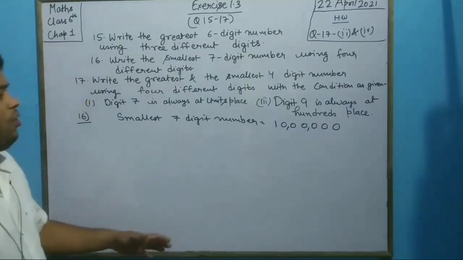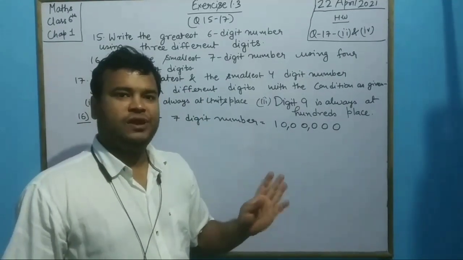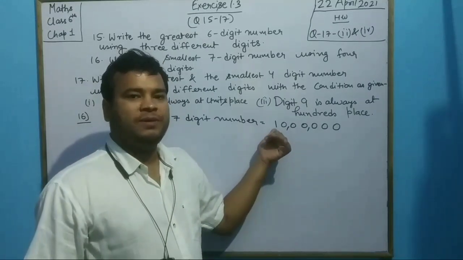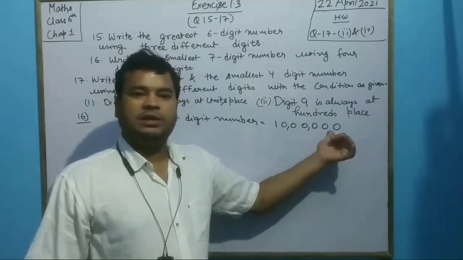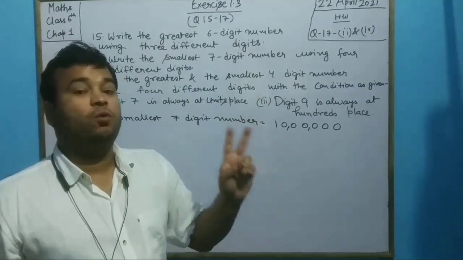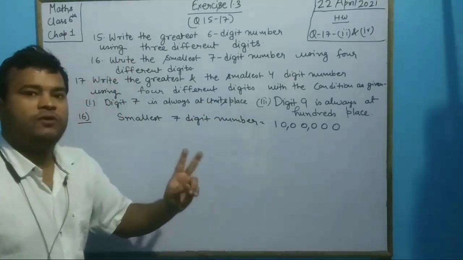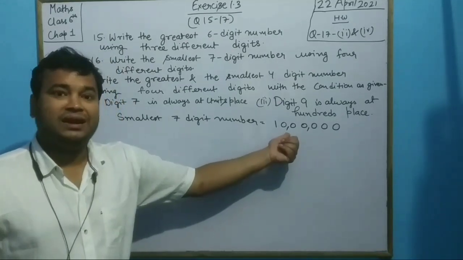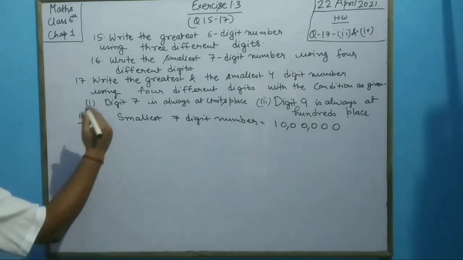Okay. Now, we have to use 4 different digits. Now, 1 cannot be replaced by any of the digits. Another digit is 0. Here, there are 2 digits, so we just need to replace only 2 digits. Okay, so what can we use? We have used 1, we have used 0. There are total 10 digits.